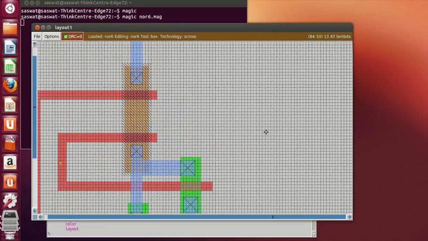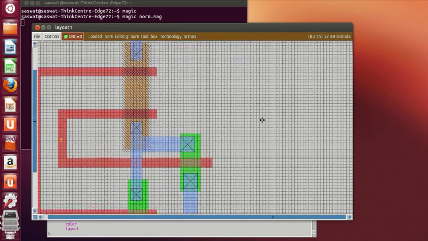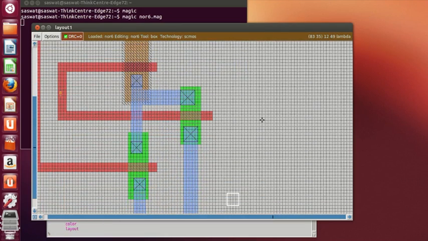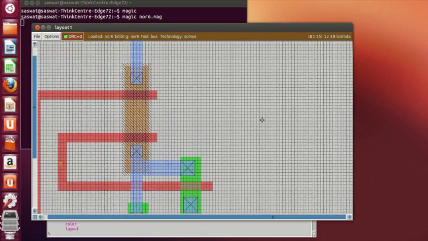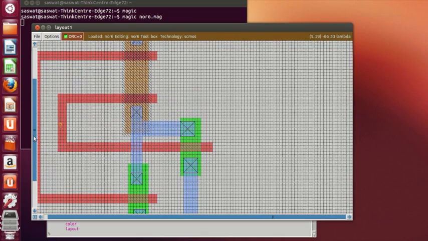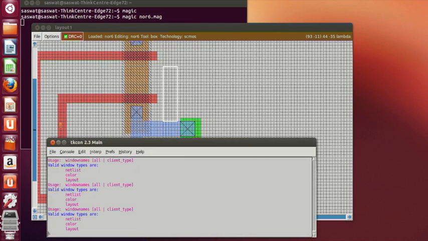Now these are the two inputs and this is the output. So type paint